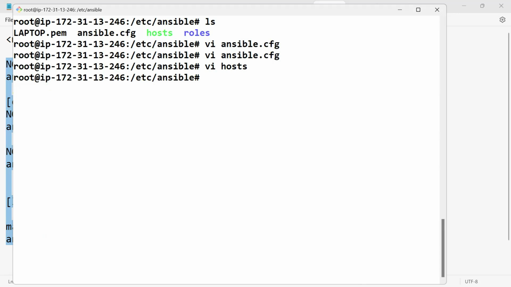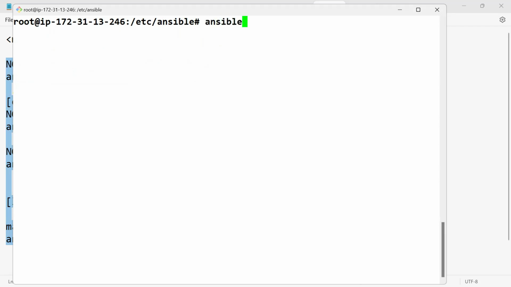Now we are all ready to do the configuration activity on this machine. So now just execute this command, Ansible. What is this command? You will come to know in 5 minutes. Ansible